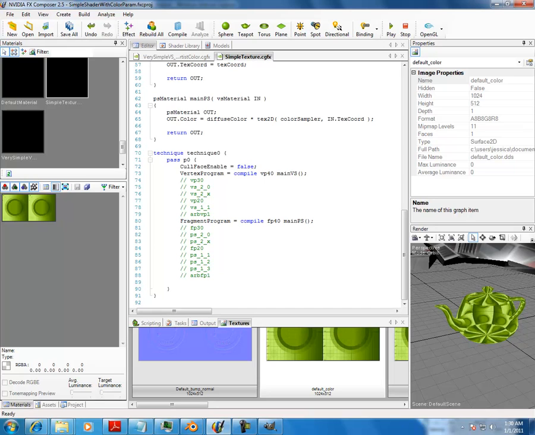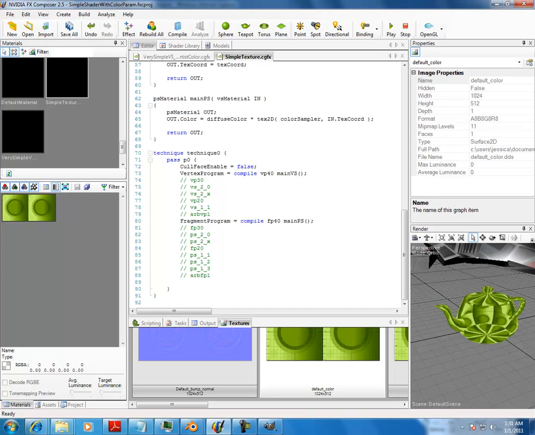Now, if you notice right here, we've got nice special numbers, 1024 by 512. You can do totally square images like this, but it has to be a power of 2. Meaning it'd be like 128 by 128, 256 by 256, 512 by 512, 1024 by 1024, 2048 by 2048, 4096 by 4096, 8192 by 8192, etc. Or you can have it elongated, like for instance